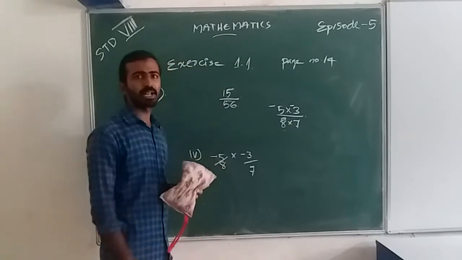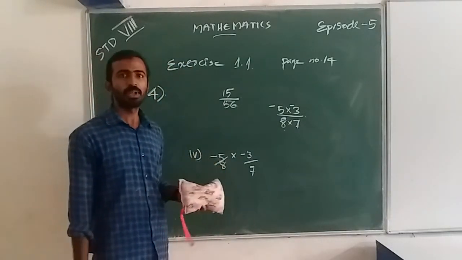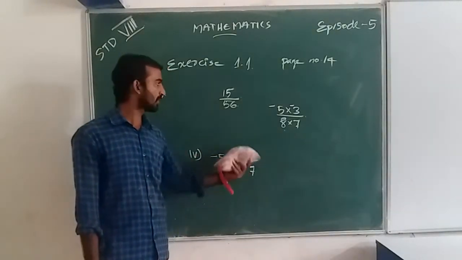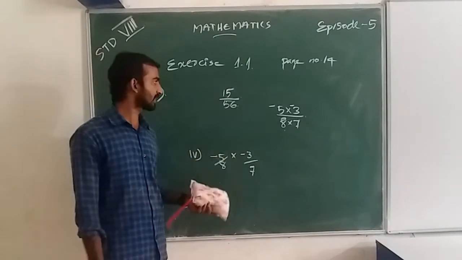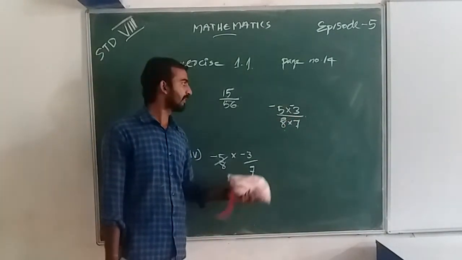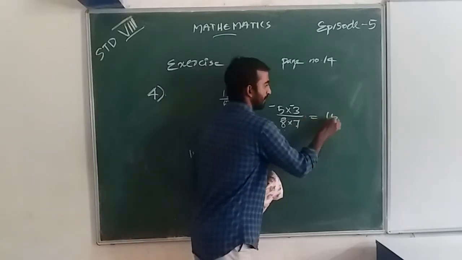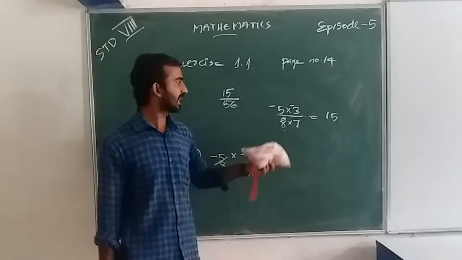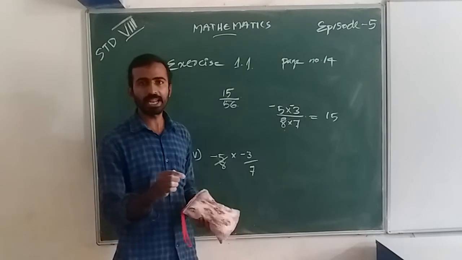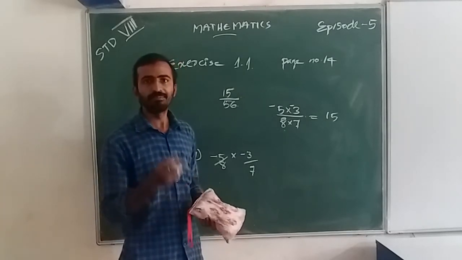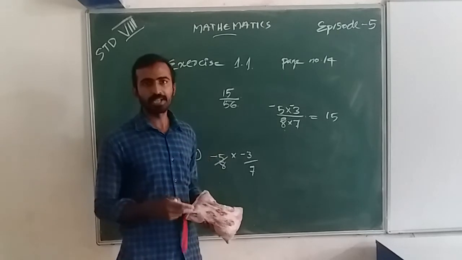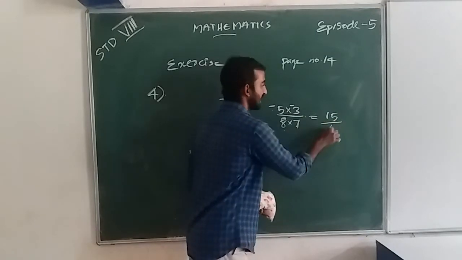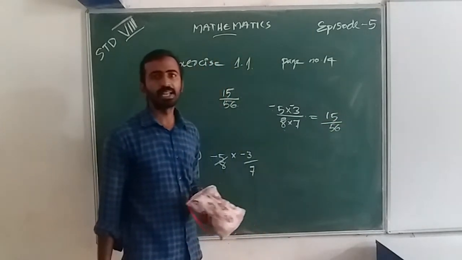Multiplication of rational numbers we studied in the previous standard, 7th. Here we multiply numerator into numerator and denominator into denominator. Here the numerators are minus 5 and minus 3, so we multiply minus 5 into minus 3. We get the answer 15. When we multiply two negative numbers, we get a positive answer. And this is the denominator, 8 into 7 is